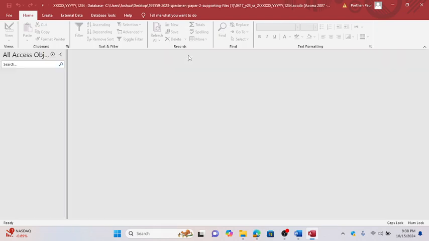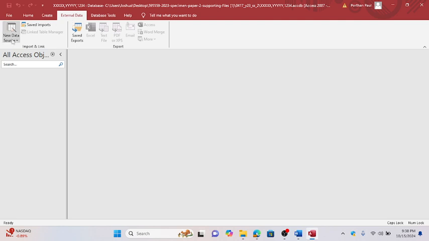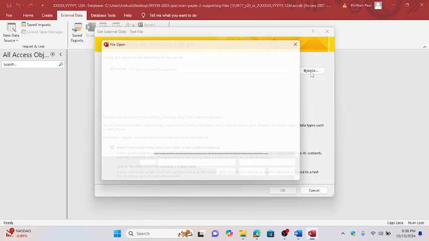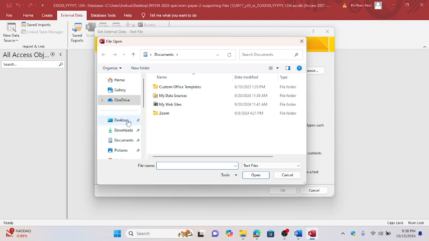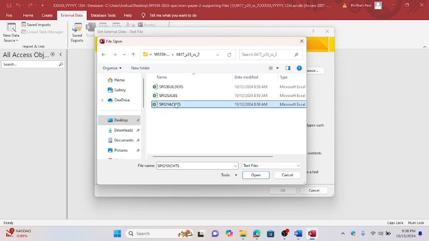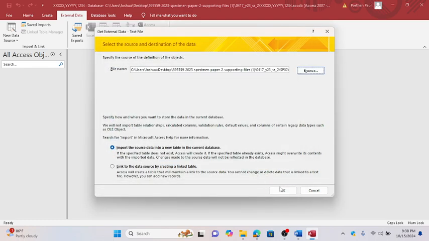So click enable content. To import the CSV file, go to the external data, click new data source, from file, text file, and click browse and go to your folder, and this is on the desktop. My folder is on the desktop, so I'm going to this, click this and sp02 yards and click open and click OK,